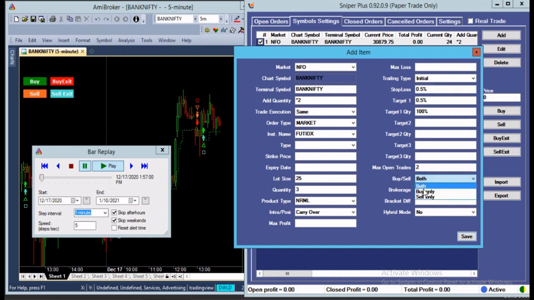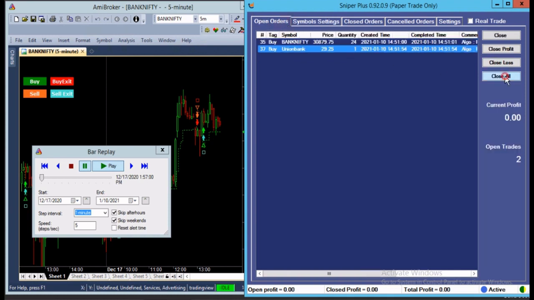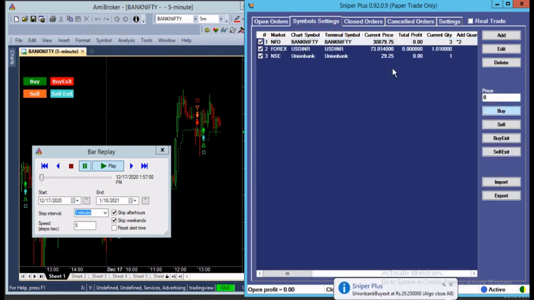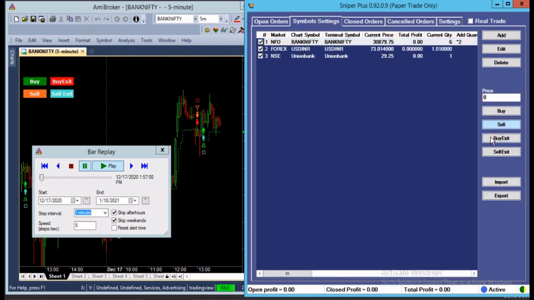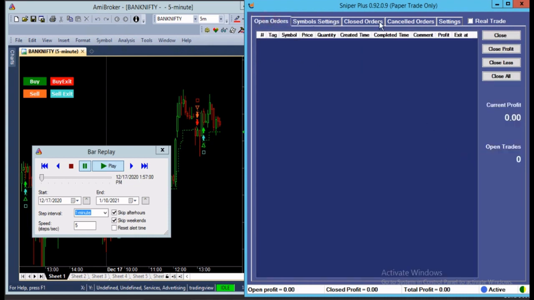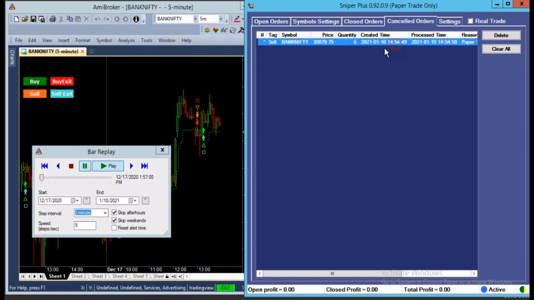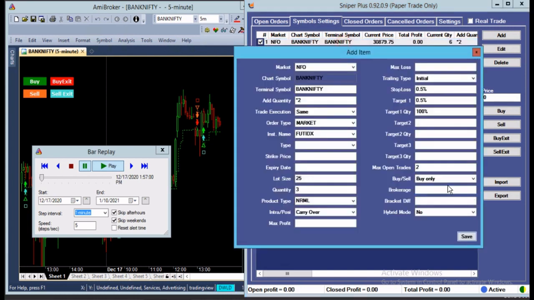Next, if you need to trade only for buy or only for sell, then here we can keep buy. Now for Bank Nifty you can only buy, you can't sell. Let's see. Save. Now first we need to close and then click on buy. Now we got a buy call here, and close it. Now let's take a sell call. Now it is not taking the sell. Why is it not taking the sell? Come to cancelled orders, you can get the reasons here, like maximum trades for the symbol. As we mentioned here, we are taking buy only, so let's keep it as both.